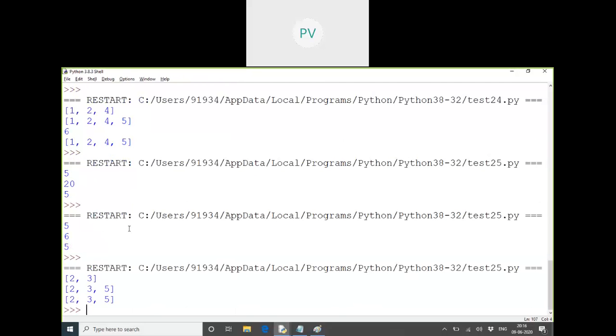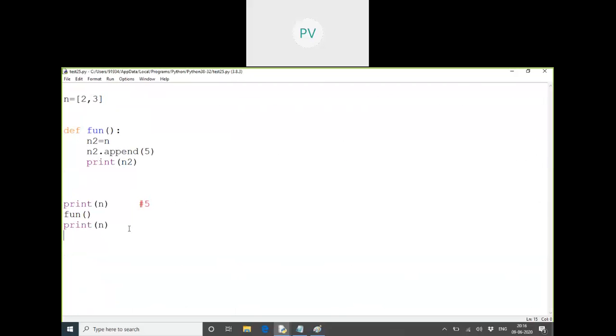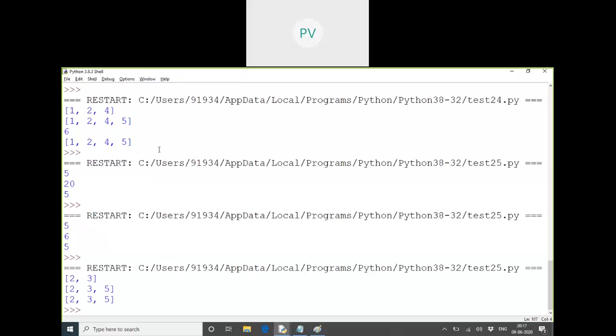You can understand now? Yes, ma'am. Only for a list it is one object. But if it is not a list, and you take normal data and try to do some plus operation or anything on it, whatever you do, even plus-equals 5, it won't change that data. N is still pointing to 5 and N2 is pointing to a newly created object. So these are two different things.